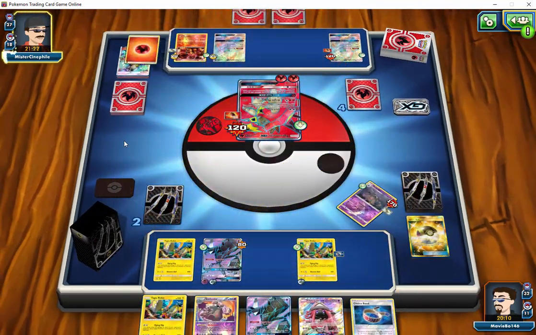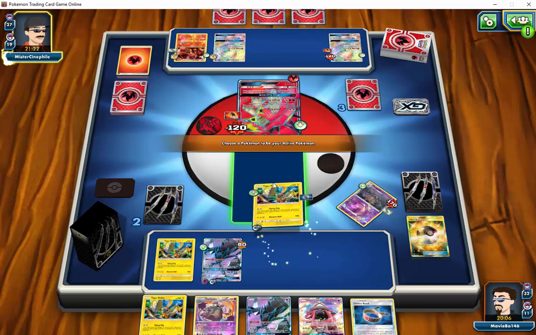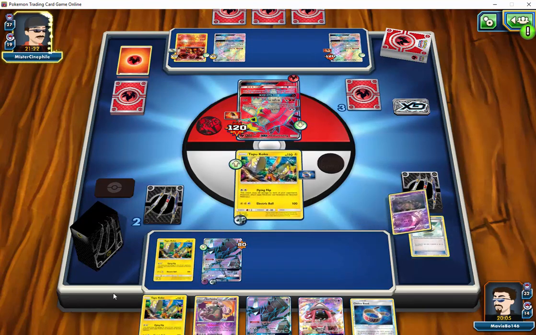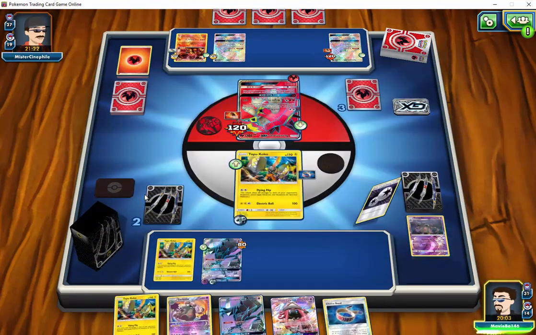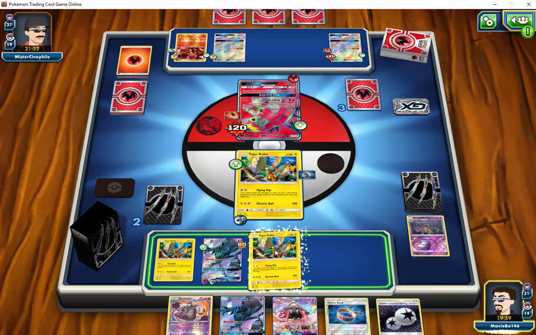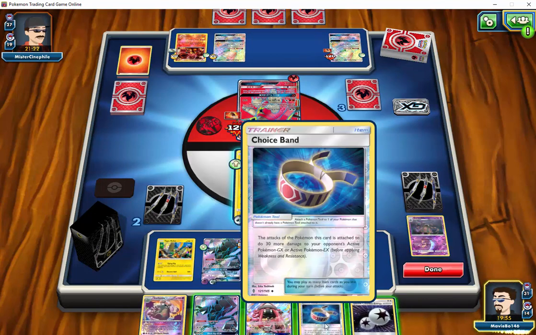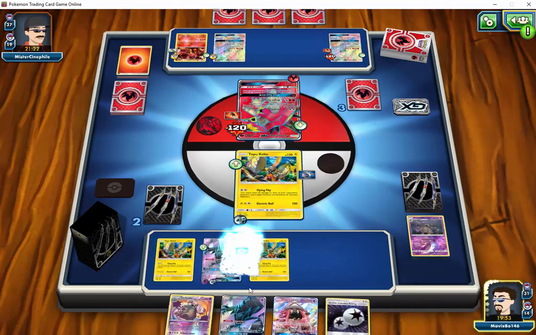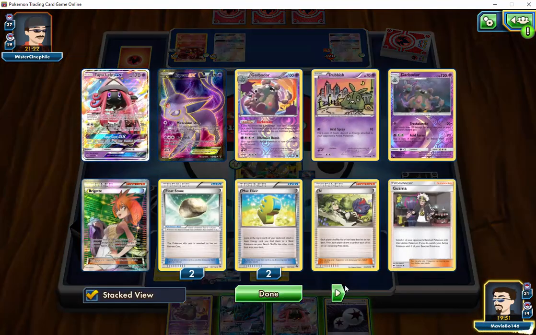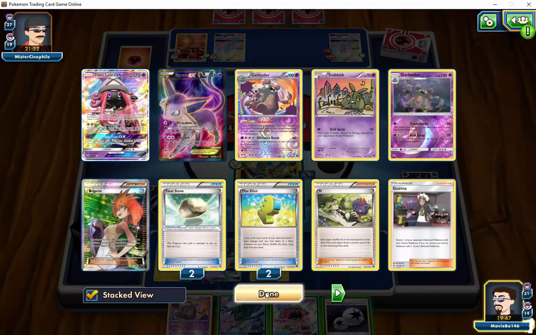So we see him take out the Trubbish and discard the energy. That's kind of nice for us. We are going to go ahead and send up Koko. We will attach the Choice Band to Necrozma. That will leave us just a little bit short though, because we hit for